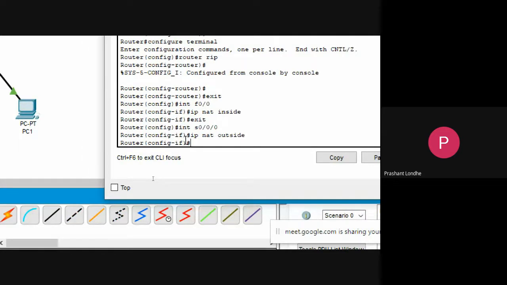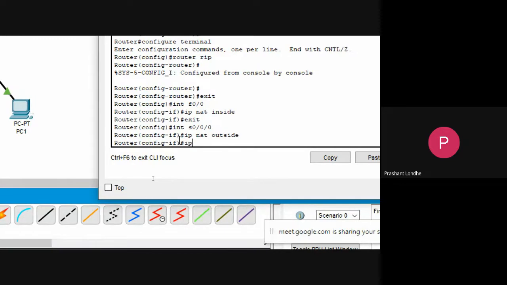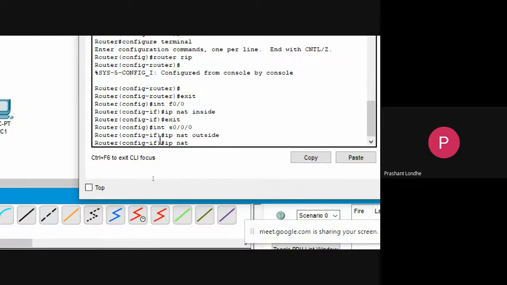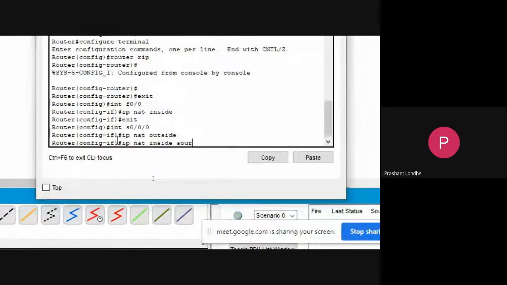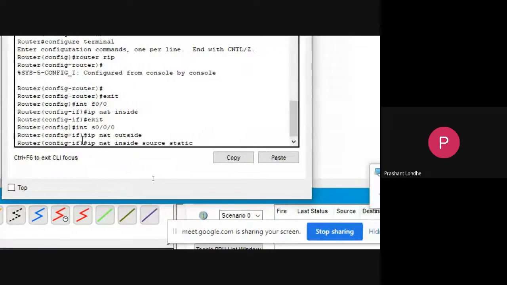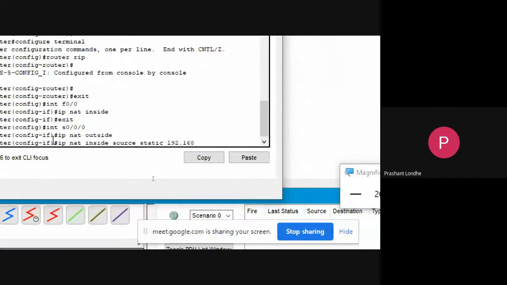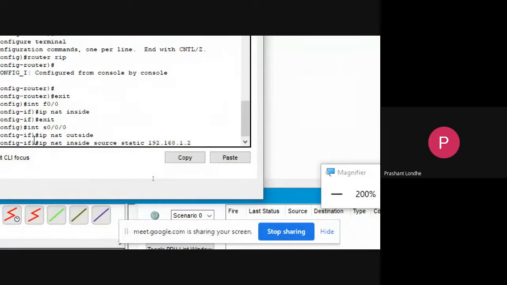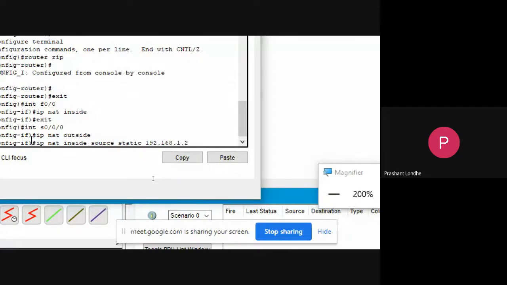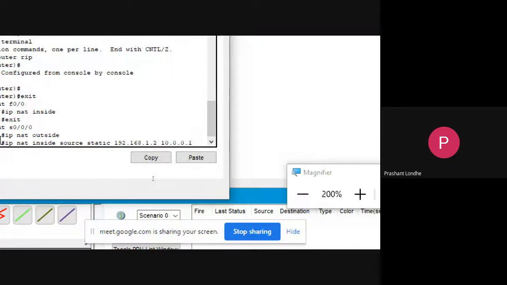Fine. Now here I need to set the route, that is IP NAT inside source static 192.168.1.2, because I'm using the word static, so I need to focus on one machine only. So 10.0.0.1, that is the first port number.